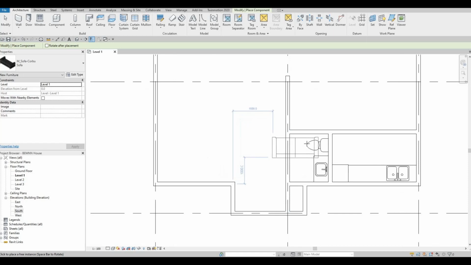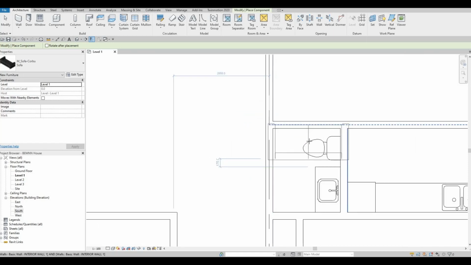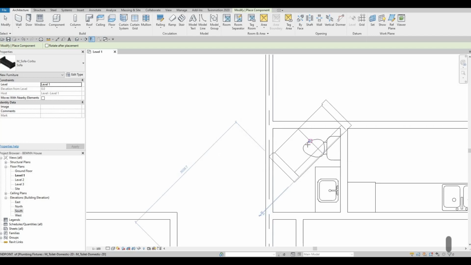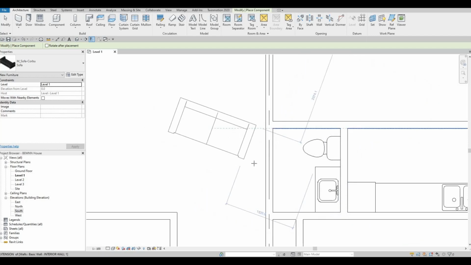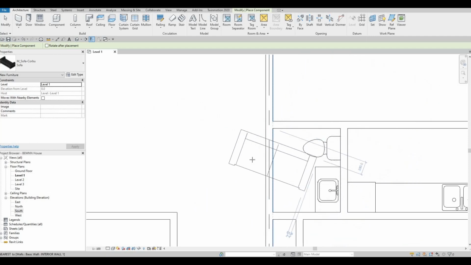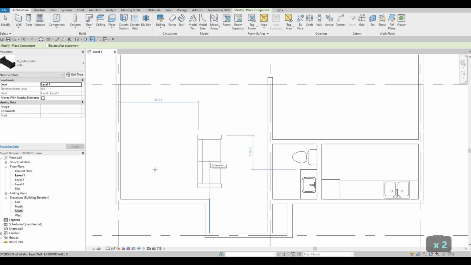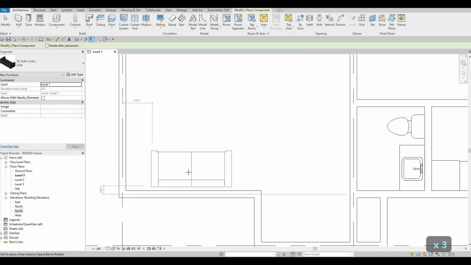Another thing about using spacebar is, for example, if you hover above this toilet, and as you can see it's curved, if you spacebar there, it will contour to the angle of that. As you can see, you'll be able to use that as your rotating. So if, for example, you need 45, you can easily add 45 on an angle if you have a 45 already in place. So right now we're just going to add it like this,